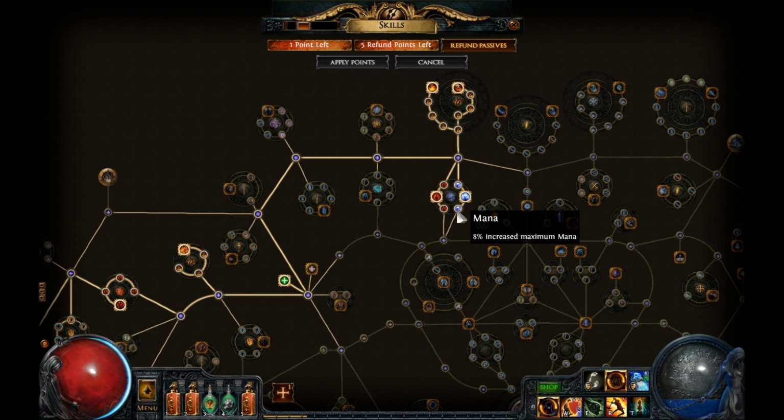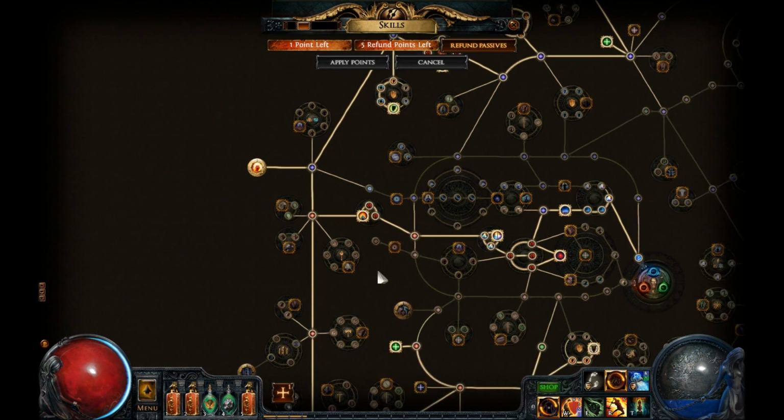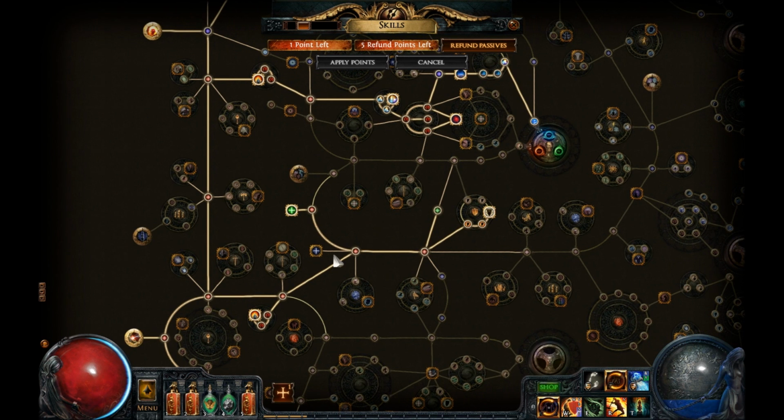I could probably do without that, but I could just refund out of that when I actually need the point, but as of now it doesn't make any difference, so I just got it there. And moving back here, we go down to the Resolute Technique, getting the extra life here and fire resistance and max fire resistance. And here we just do a little wonky route, but it's mainly to get the armor, because armor was the only weakness, so we just get armor from shield, a total of 110% on these alone,